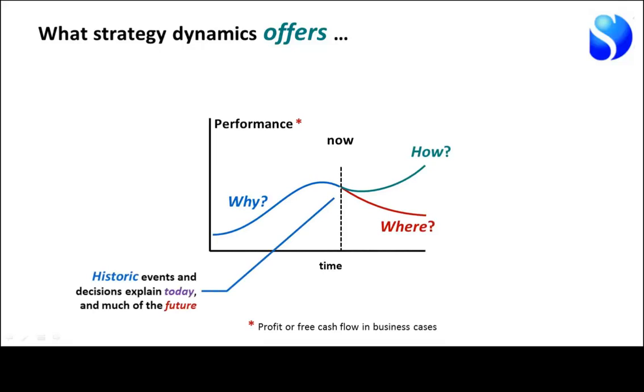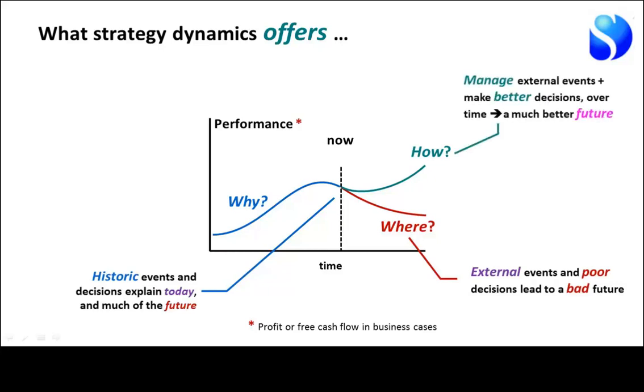So just to start with what exactly it is this approach offers, and it's no different than what system dynamics offers in any other situation. We're trying to understand why the performance of some situation that we're worried about has got to where it is now over time. We're trying to understand where it might go into the future, and that will be, if things go badly or if we make bad decisions, what is a kind of bad outcome we might achieve. And then we want to understand how we might manage those external events, make better decisions, and end up with